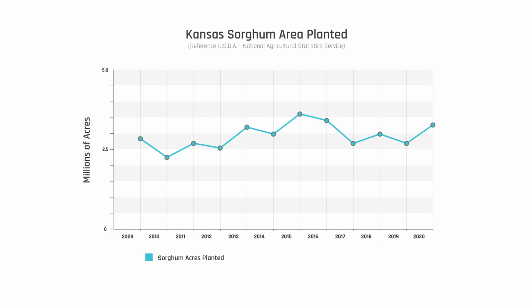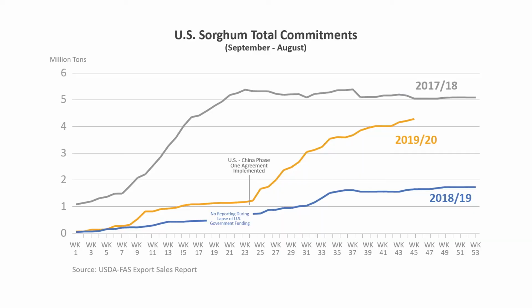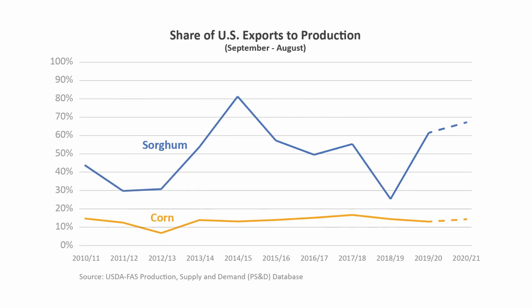So beans might be more profitable if the conditions are right. So it's higher risk, higher reward, but Milo stays pretty consistent. Milo right now is about 70 cents a bushel more than what the corn price is, and that's where a lot of that demand from China is coming from. So although corn you might be 250s on irrigated, 140, 150 on Milo on irrigated, but